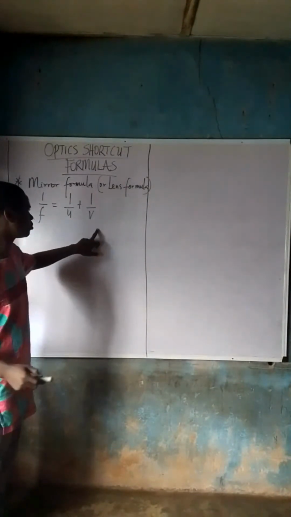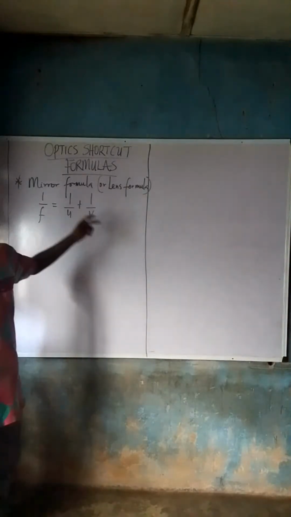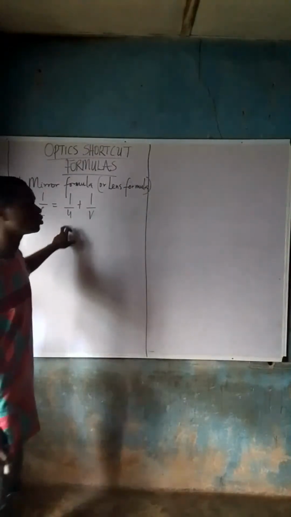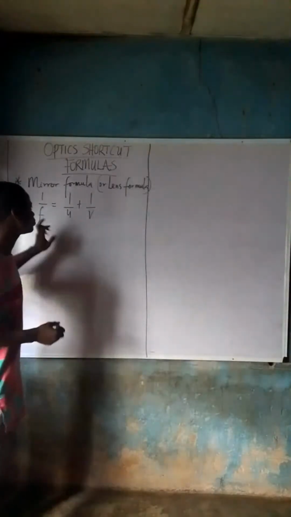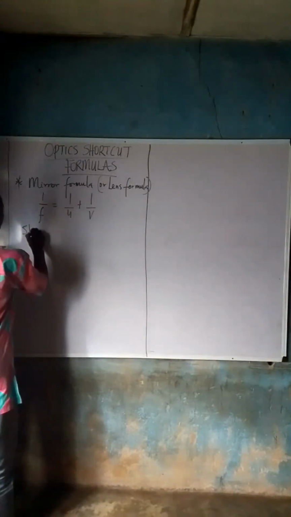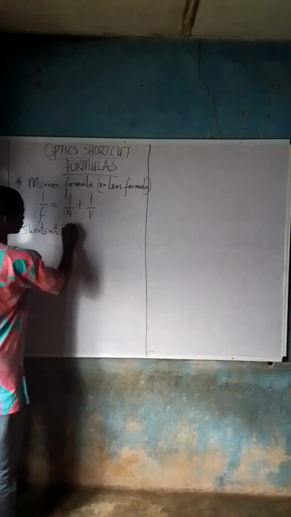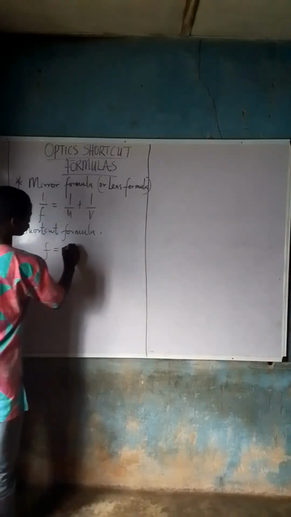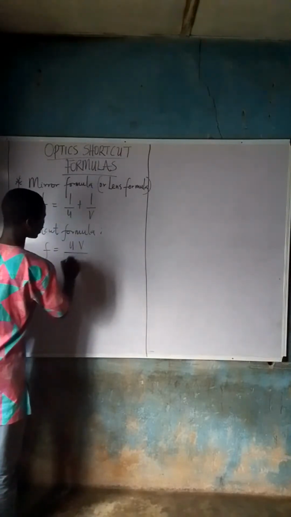So basically, in case you are finding it difficult to use this very formula, perhaps you don't really know how to work out this place, you are trying to make v the subject, it's kind of a little bit complex if you don't really know the mathematics behind it. So in place of this, here's the shortcut formula. The shortcut formula simply says that f is equal to uv over